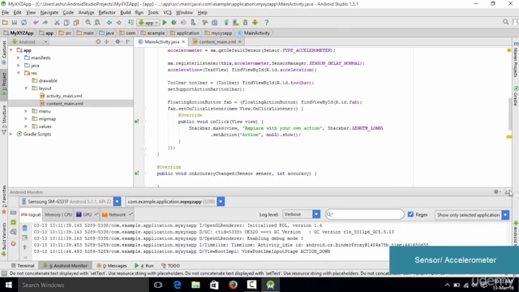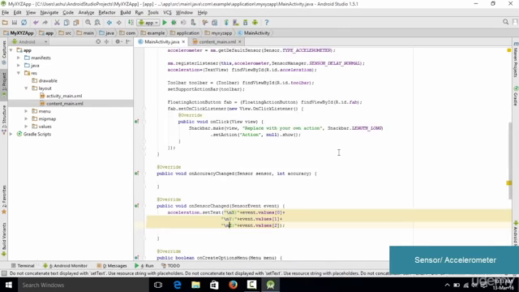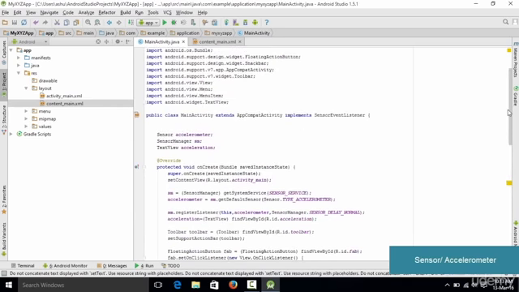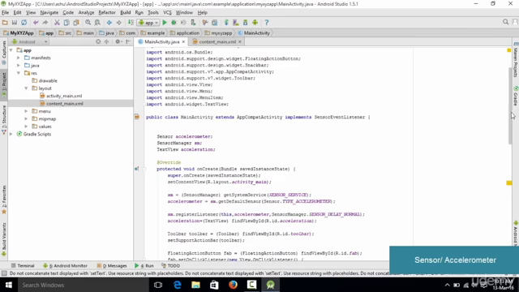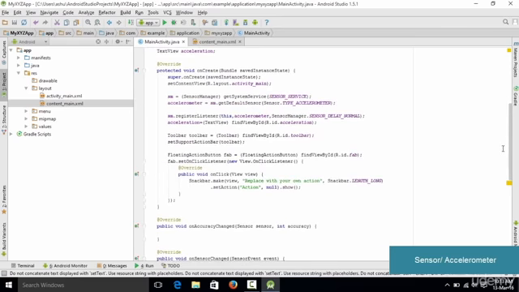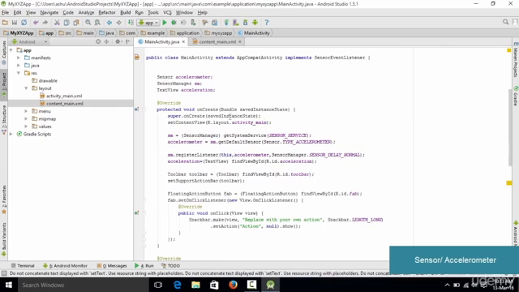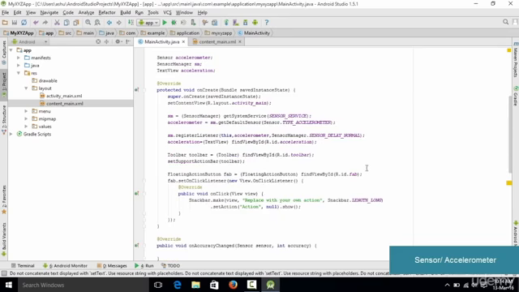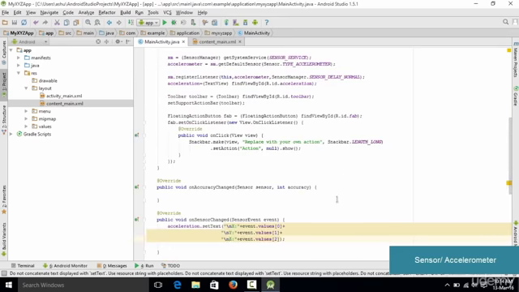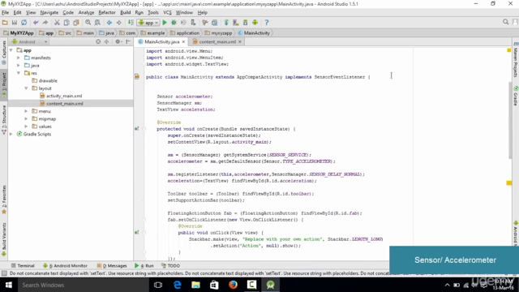So that's it for this tutorial, and I hope you understood how to create a sensor in your application. We created a new project, and we used the sensor manager in our application to get the reference to the accelerometer. We created the sensor manager object, used the default sensor, and passed in the accelerometer so that we could get a reference to it. Then we extracted the values from it and assigned them to the text view which we created. We also made our main activity implement the sensor event listener